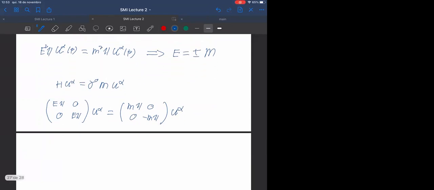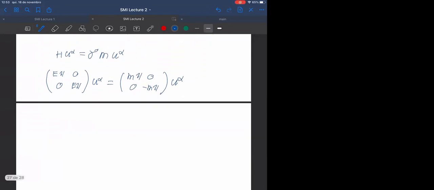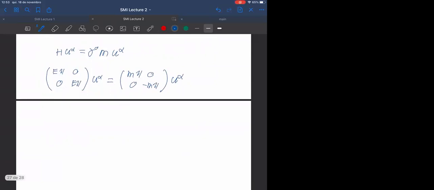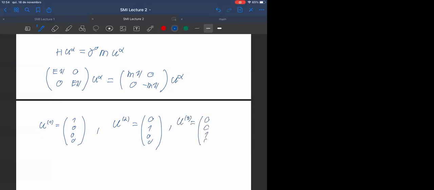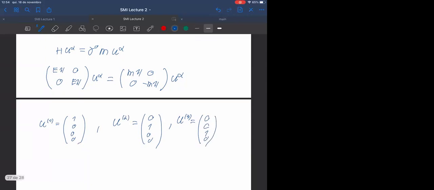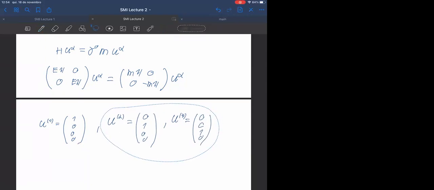And the solutions here are quite trivial, in the sense that you have, for example, u1 equal to 1 0 0 0, u2 equal to 0 1 0 0. Once again, this is in the rest frame of the particle. u3 equal to 0 0 1 0, and u4,